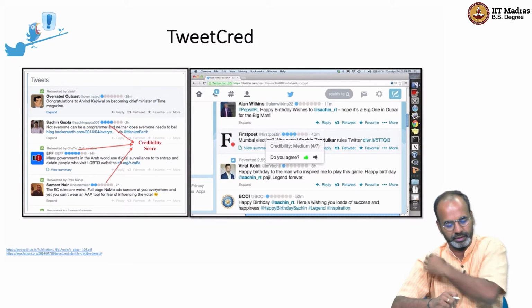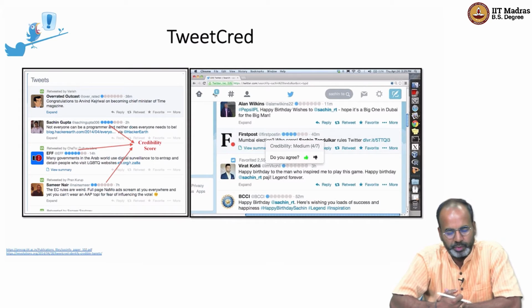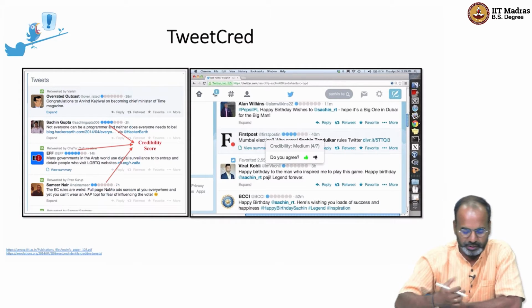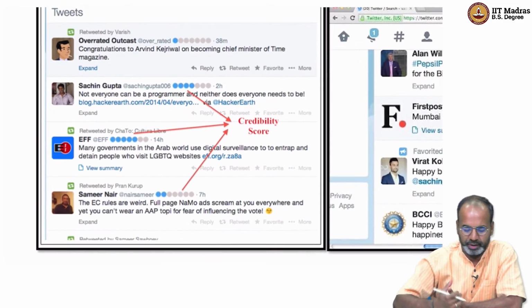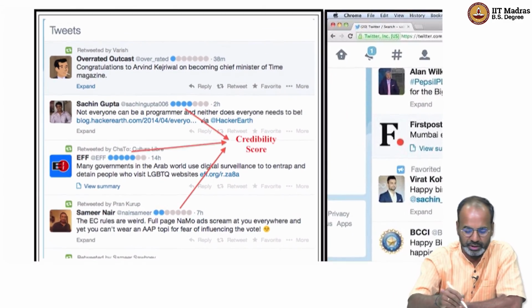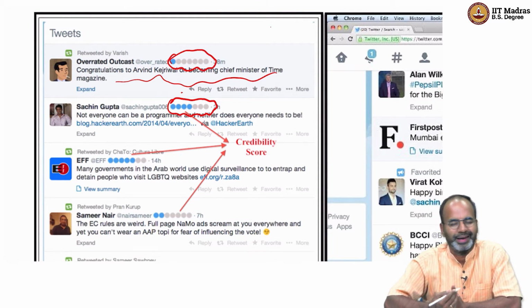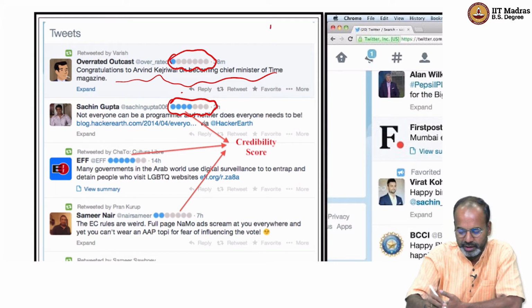Here is an interesting way that this plugin was built. It's a Chrome browser plugin, so when you go to your Twitter account, in addition to the tweets that you see, there is an annotation given for each tweet. Like today, if you see TripAdvisor, Zomato, Amazon, anywhere, you give a rating out of 5, like 4.5 on 5.